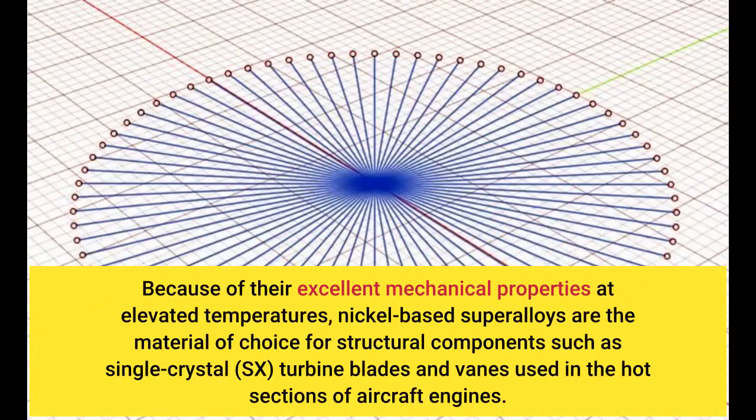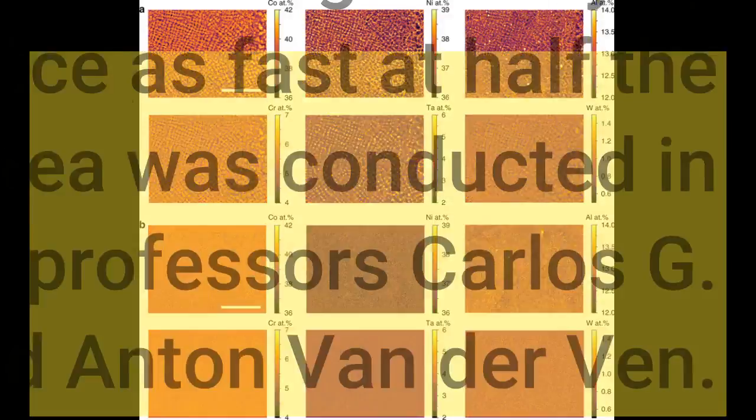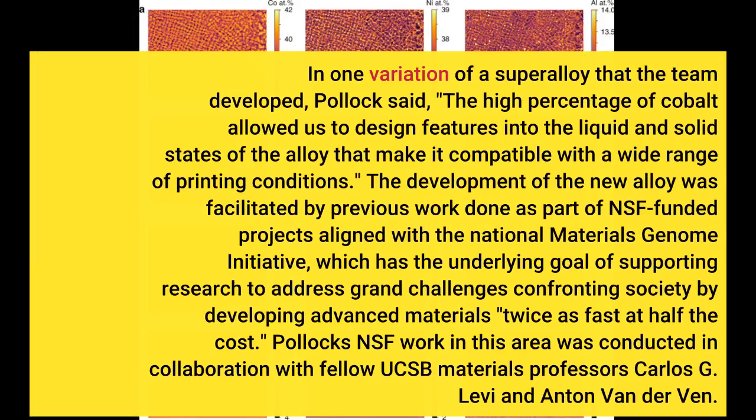Because of their excellent mechanical properties at elevated temperatures, nickel-based superalloys are the material of choice for structural components such as single crystal, SX, turbine blades and vanes used in the hot sections of aircraft engines. In one variation of a superalloy that the team developed, Pollock said, the high percentage of cobalt allowed us to design features into the liquid and solid states of the alloy that make it compatible with a wide range of printing conditions. The development of the new alloy was facilitated by